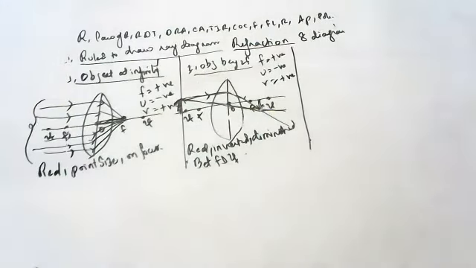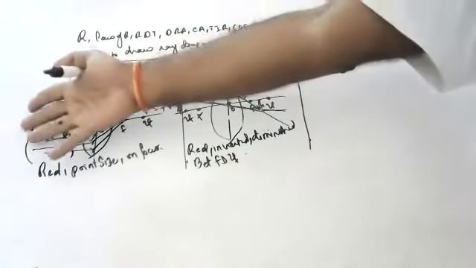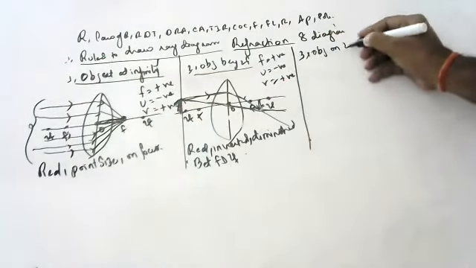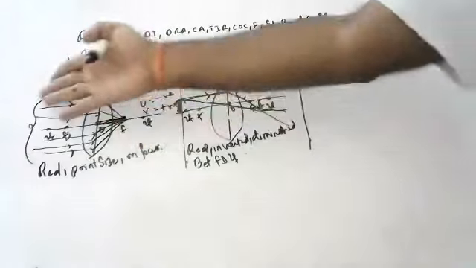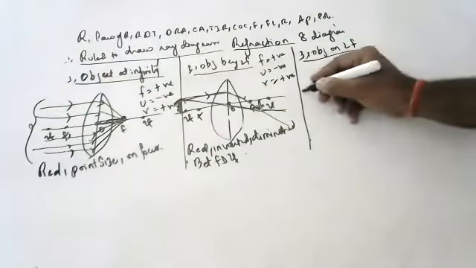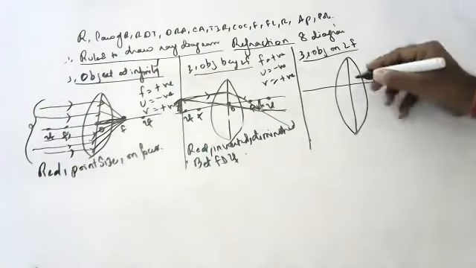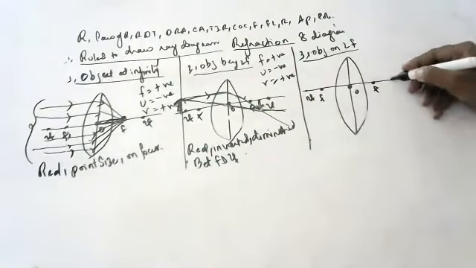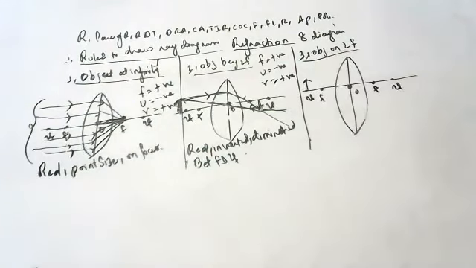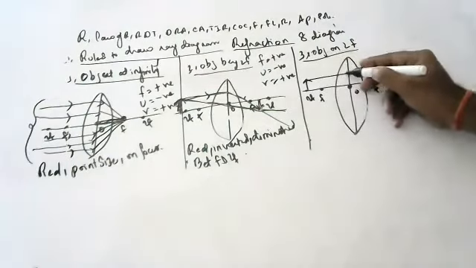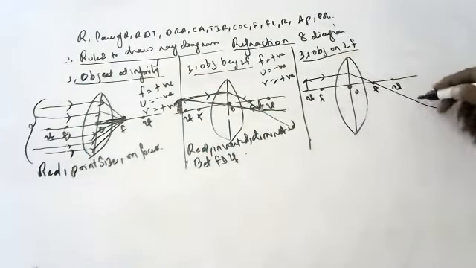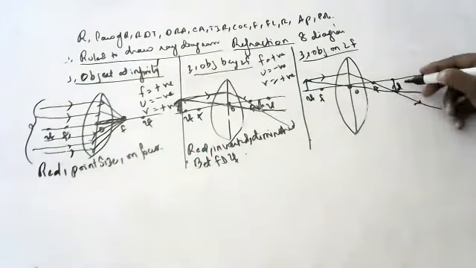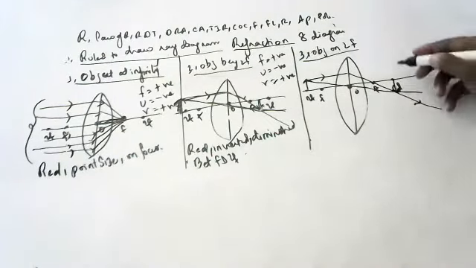As you do the next one, you will understand. Next, the third one, children. First the object was at infinity, then it came beyond 2F. Now it comes to 2F. We are bringing the object nearer. When you keep an object on 2F, one ray parallel to the principal axis goes through the focus, and the other ray going through the optic center does not deviate. You will get the image again on 2F only.